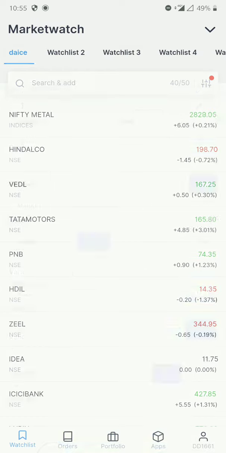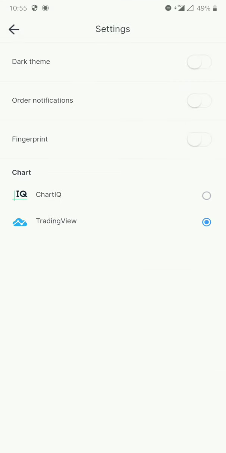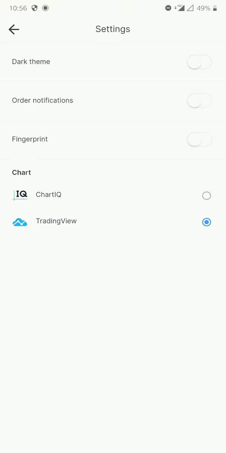It's a good improvement. Apart from that, now you can put your DP in your account. You can put your nice photo like a trader with a quote or something, whichever you like. So you can put your DP, you can keep changing your DP. Apart from that, in settings, what I liked is you can change the theme. So if you're bored with a white theme, always you have seen Kite in a white theme, if you like a dark theme, after a few days you can just click on dark theme. So you can change the theme of this particular app.